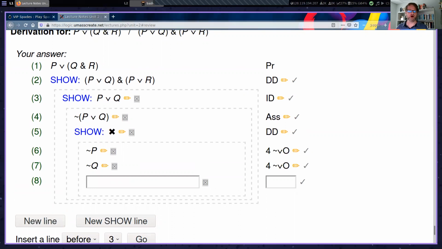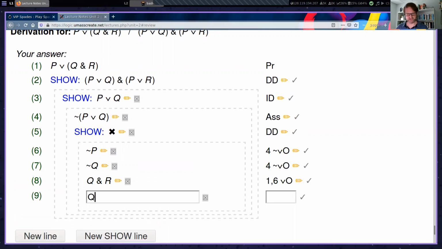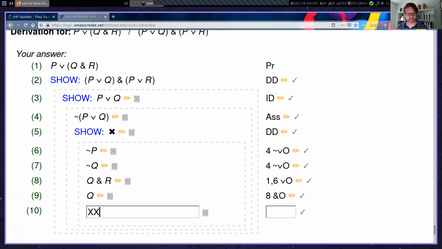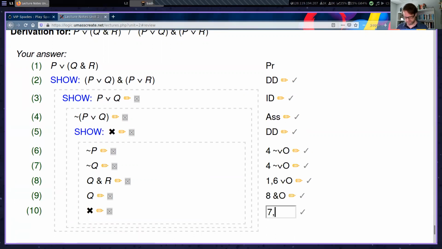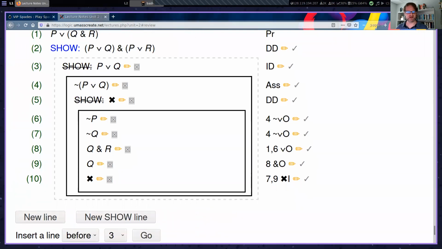Now we can use line 1. Line 1 says either P or Q and R, so we get Q and R by 1 and 6 wedge out. Then we get Q from line 8, ampersand out. Now we have our contradiction between 7 and 9. So we've shown that. We've shown that by indirect derivation, but we still have to put in a show line